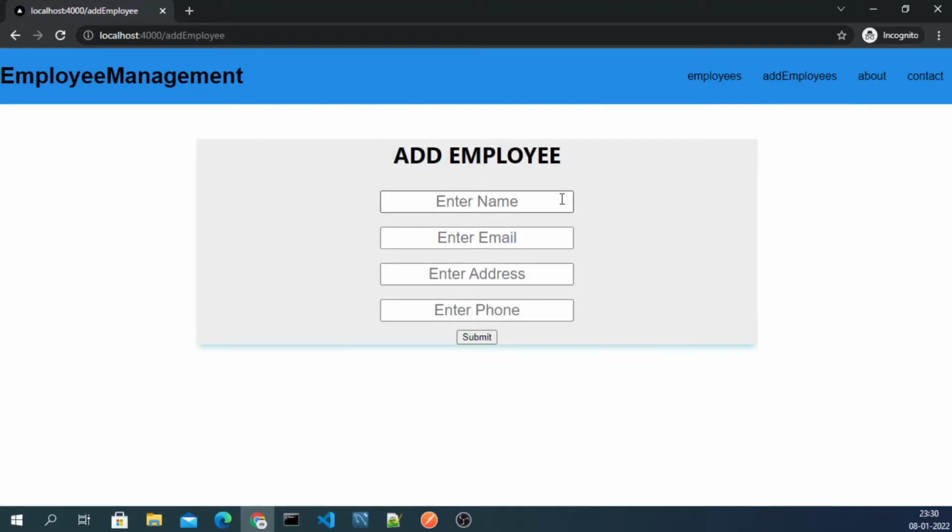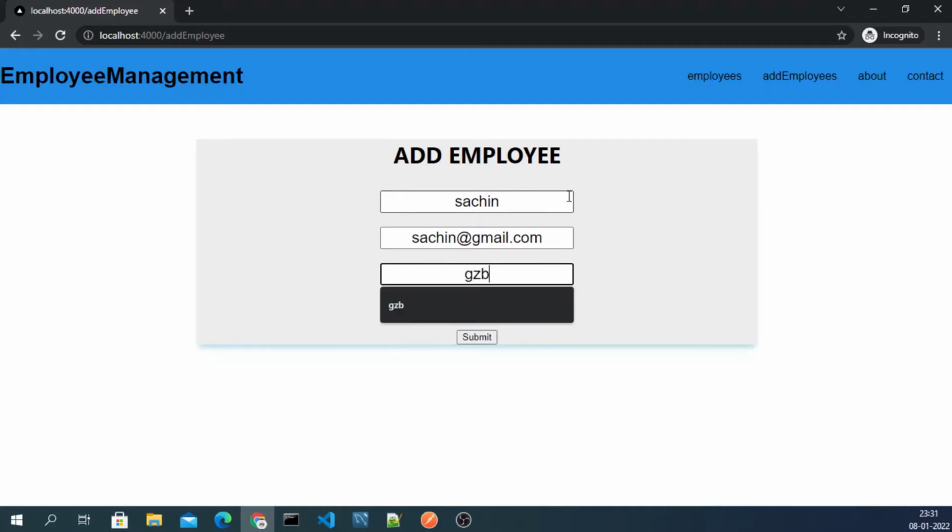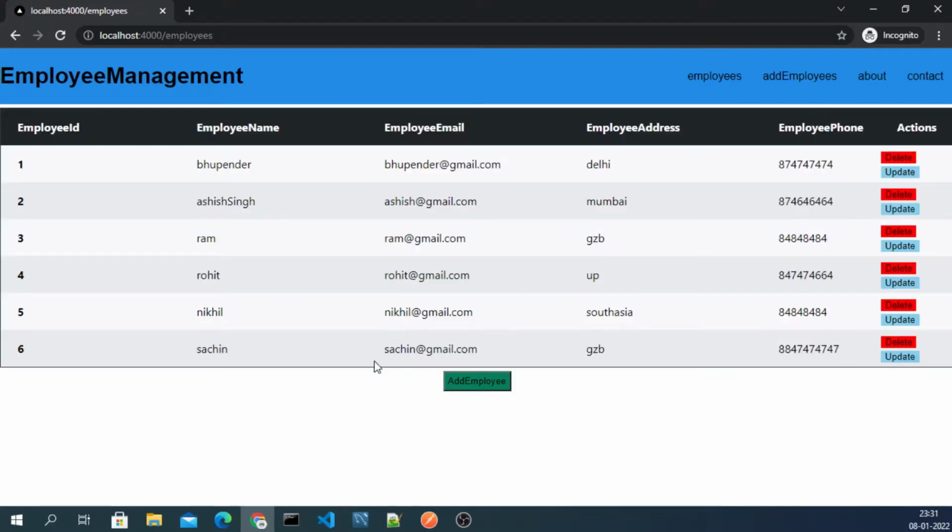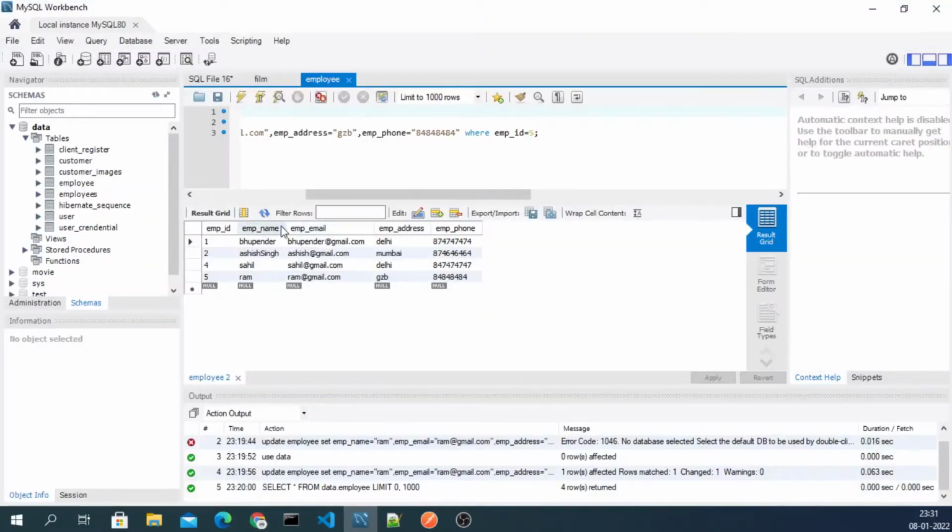I will add Sachin back, with his Gmail address, he lives in Ghaziabad, and his phone number is this. After filling in the information, you can simply press the submit button. As you can see, Sachin has been added to the database successfully. If you want to cross-check, just click and you can see Sachin is there.